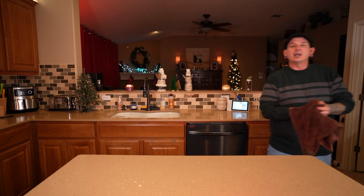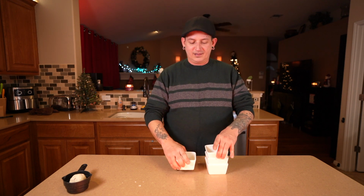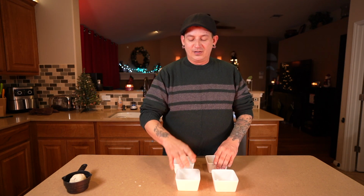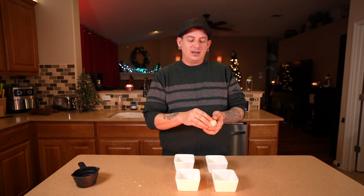About 15 minutes at 350 degrees or until it's golden brown. Now I saved a little extra of this dough to make